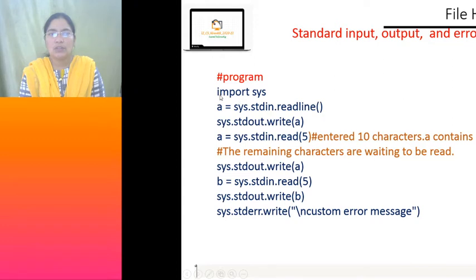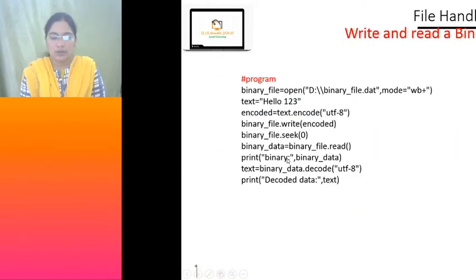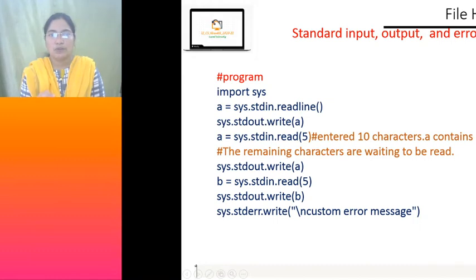Okay, so import the sys module, and then if you want to read only a certain amount, like only 5 characters out of 10 characters, then within the read you give the parameter for how many you want to read. Okay, when you want to write whatever you have read, you can do all these things using the program, using the readline method, read method, write method.